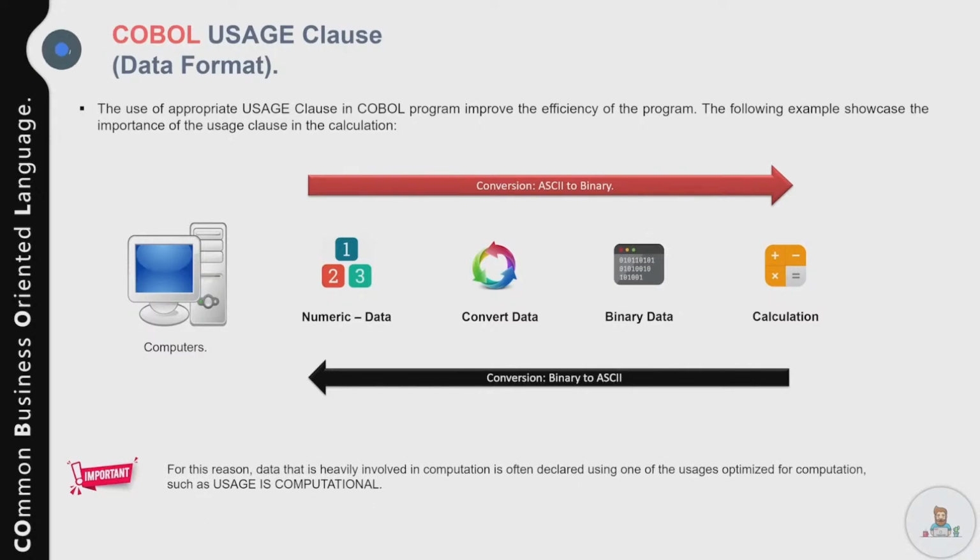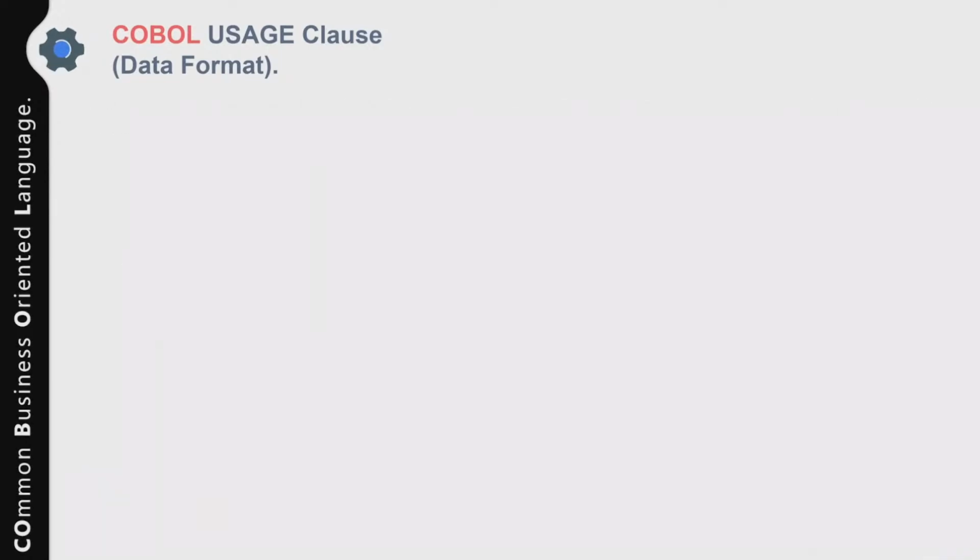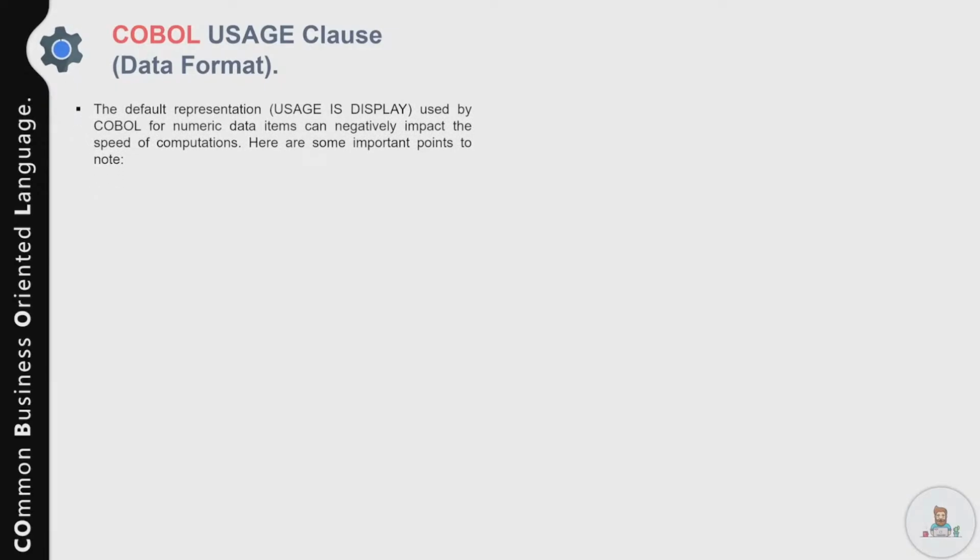This conversion of data from ASCII to binary and from binary to ASCII slows down the computation process. Due to this, data that is heavily involved in computation is often declared as usage is computational, that is optimized for calculation. So finally, the default representation, usage is display, used by COBOL for numeric data items, can negatively impact the